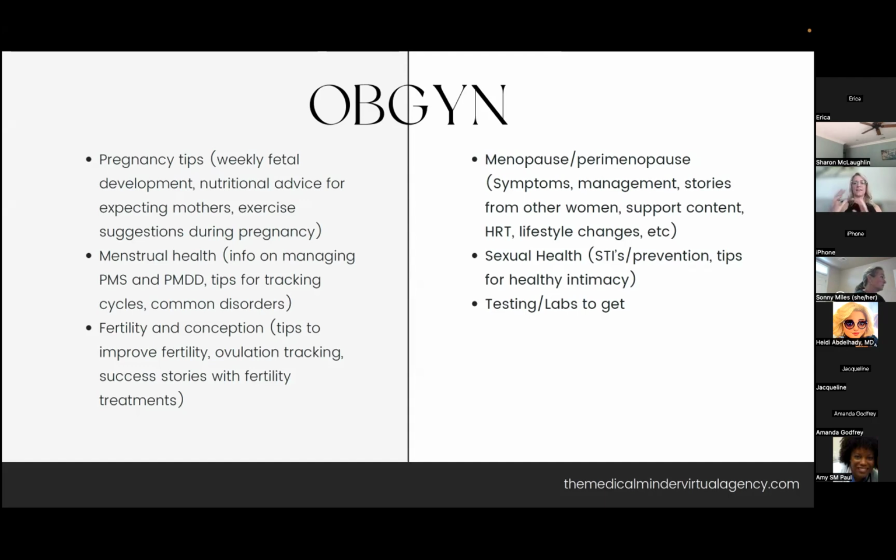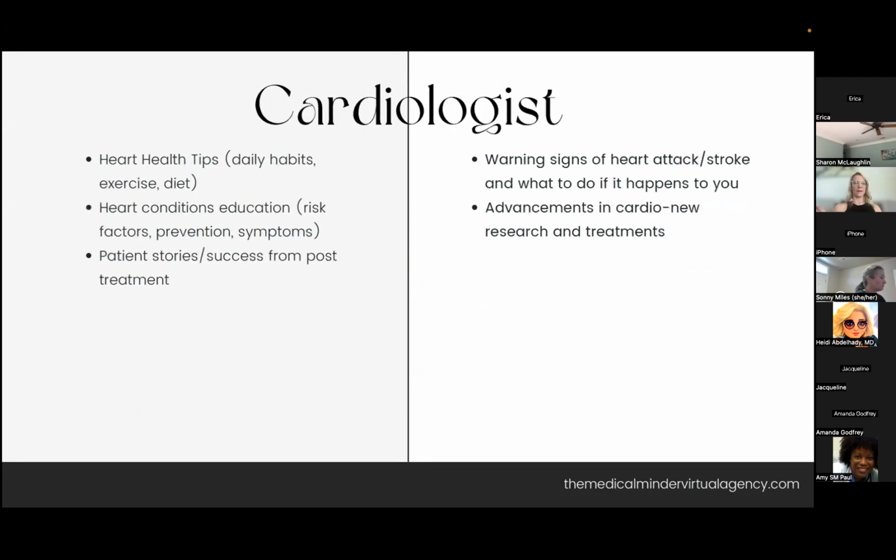Prevention tips, and then also testing and labs to get. This is really helpful for a lot of people too, especially if they're new going to an OBGYN or have any menstrual health problems. Okay. Yeah, so cardiologists, this is great because cardiologists do really well on social media because heart health is so huge